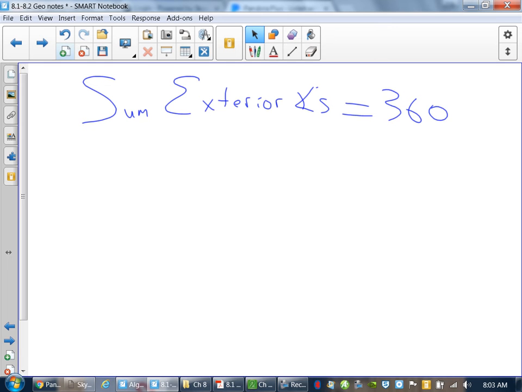Okay? Those are the two main things about angles, about how they work. Now, one other quick definition here is called a regular